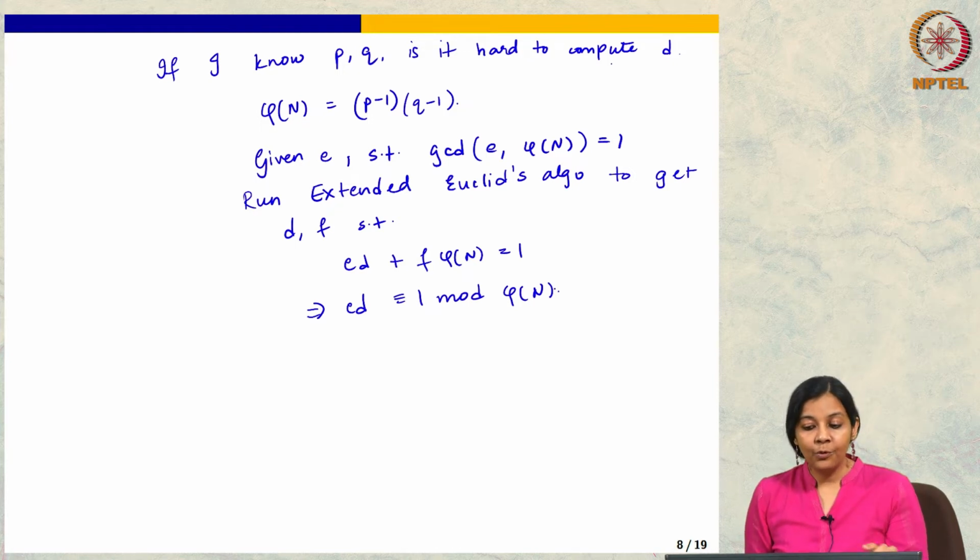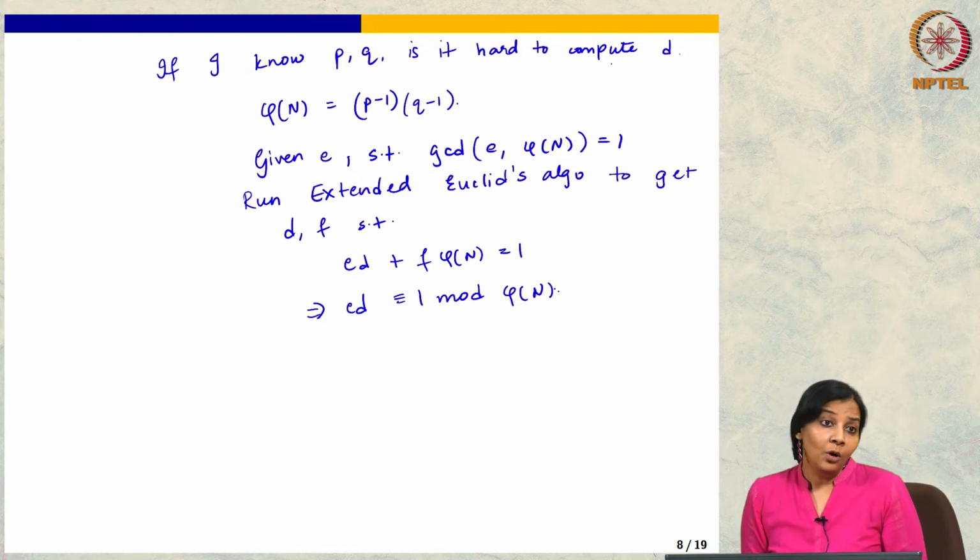Very good question. You were worried about the fact that it may be running in time phi of n. No, like you said, for input length m, it will run in time log m. So, I can find d in time log m by running extended Euclid's algorithm, right. And then once I have d, it is just a matter of an exponentiation.